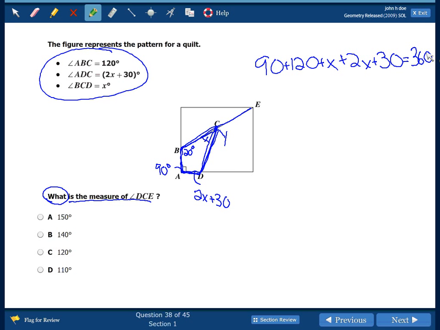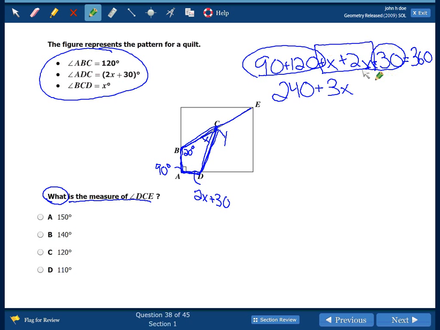Whenever we add these up, we get 240 plus 3x equals 360. Again, 360 is coming from the fact it's a quadrilateral. We subtract 240,